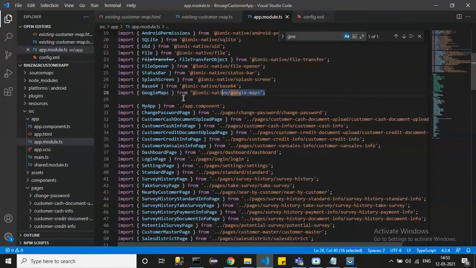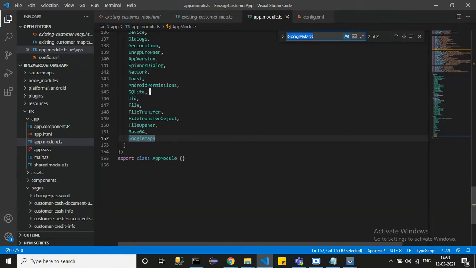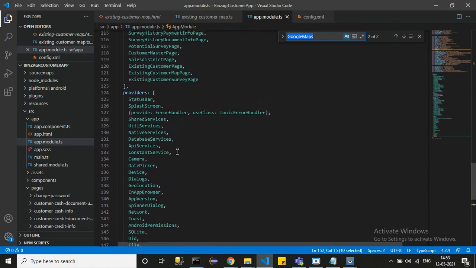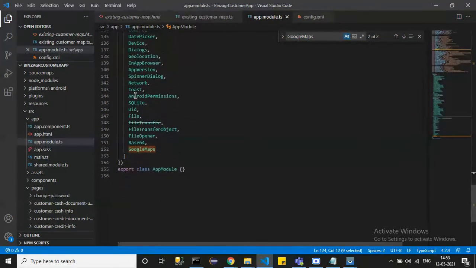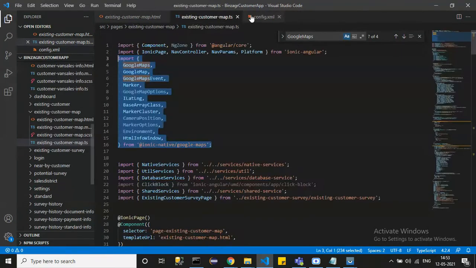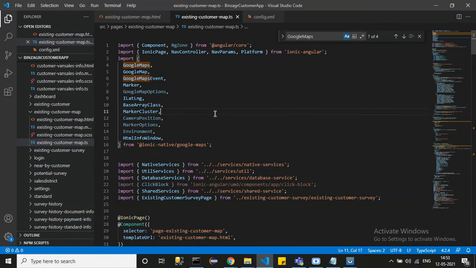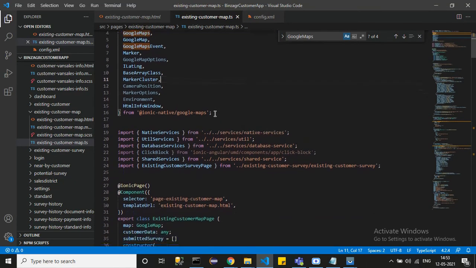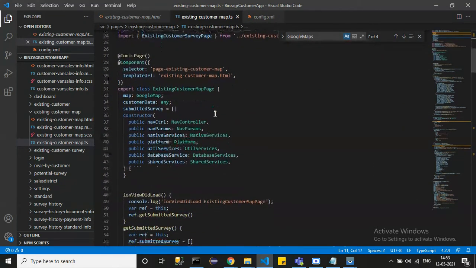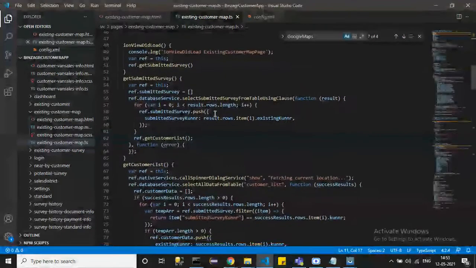Here also you have to import it, and you have to add it in the providers. Okay. Once you have imported that Google Map plugin, now you have to start using your code.